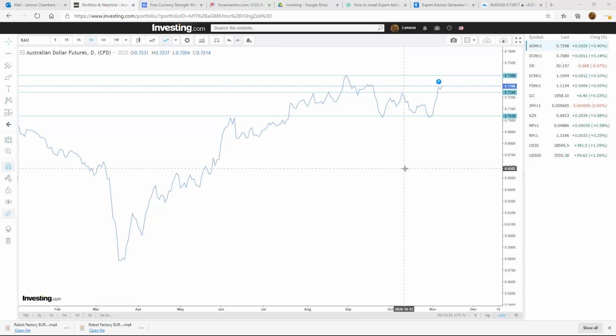This is the weekly playbook outlook for the week of November 8th to 13th. Hope everybody's doing well. Let's take a look at the futures and see what is likely to be setting up for this upcoming week. So again, this is for the week of November 8th to 13th, and starting off with the Australian dollar,